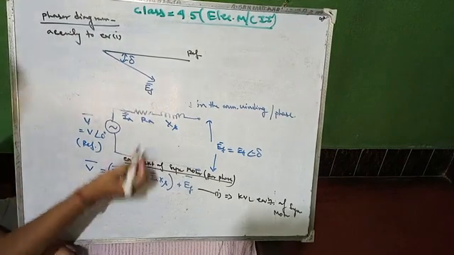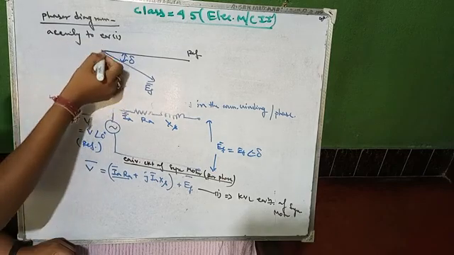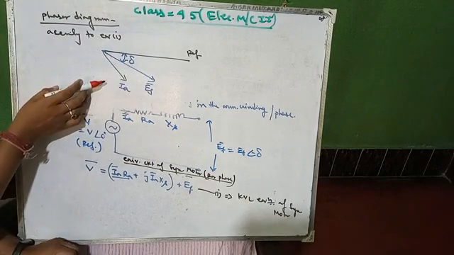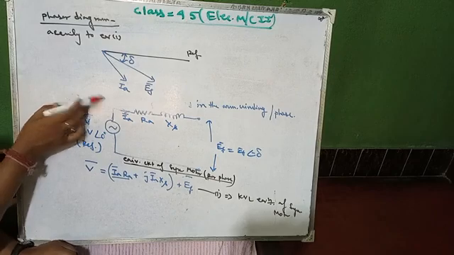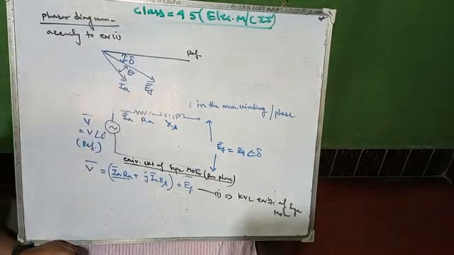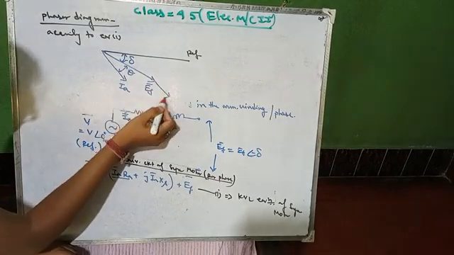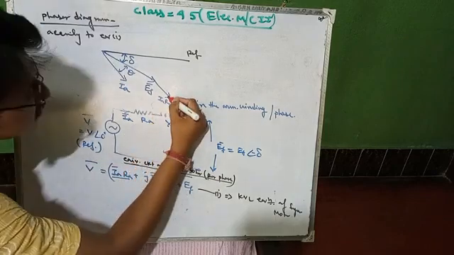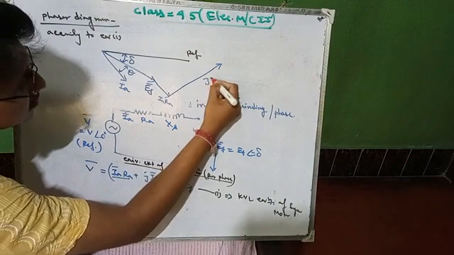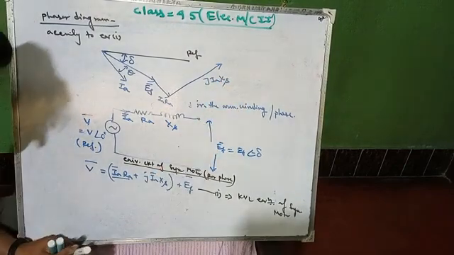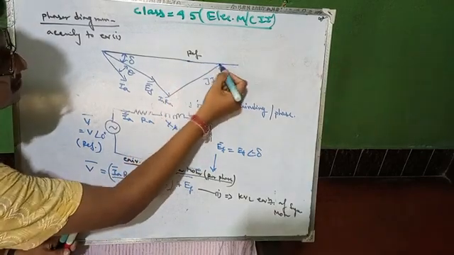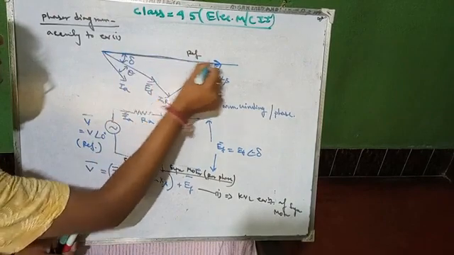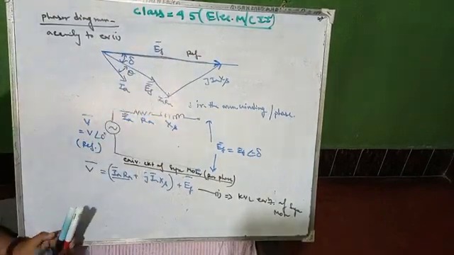Next IA RA will be added. IA you have to draw, which is lagging behind this EF by some angle theta. So this is your IA RA, and after that j IA XS, which will be the perpendicular drawn, projected towards the reference line. This length is EF.